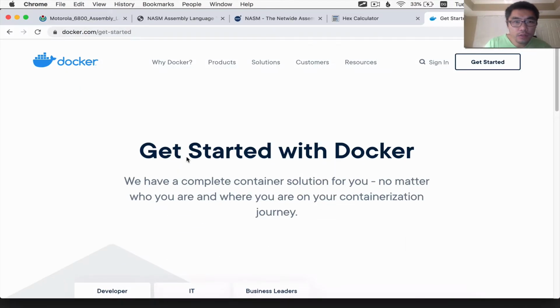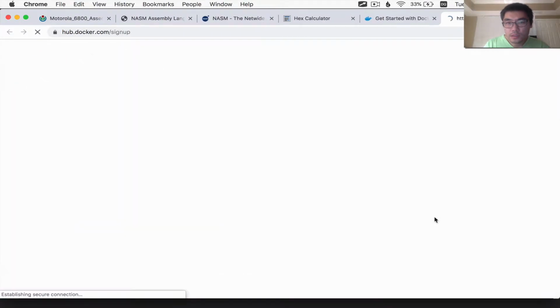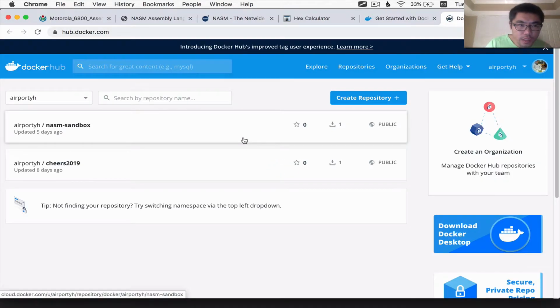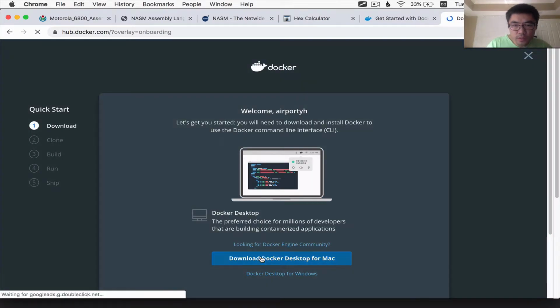So for the rest of this episode, I'm going to spend on getting set up. So let's go back to the Docker website and install the Docker application, which is a desktop application. So let's download Docker Desktop. And you do have to sign up, I believe, which I have. And I have also created an image for you to use. We'll look at that in just a bit. Okay, so first thing I'm going to do is download Docker Desktop for Mac. If you use Windows, then get Docker Desktop for Windows.